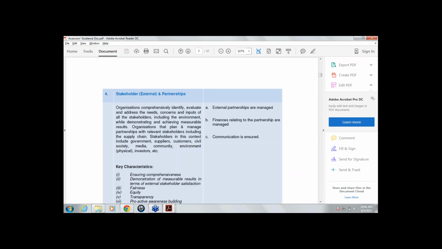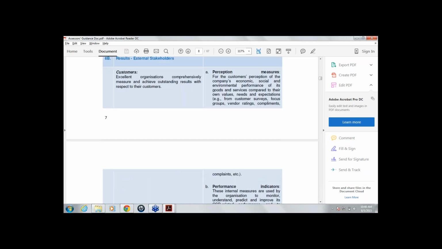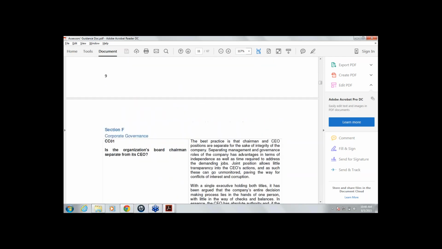And then there is a section which gives the definition of each and every indicator or question which forms part of the award questionnaire. So section F is the section which you can refer to for the guidance on each and every question and what as an assessor you need to look at while assessing a particular question in the questionnaire.